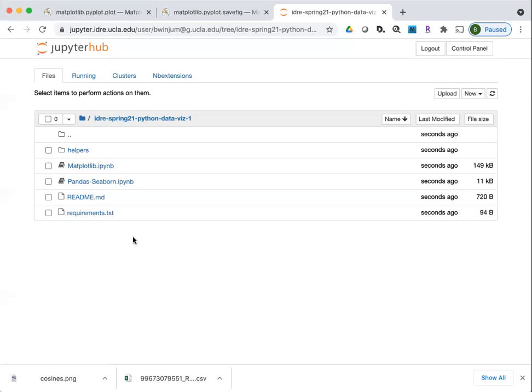So in order to interact with the notebooks, all that you have to do, so in response to the chat question, if you're not affiliated with UCLA, on the GitHub page, there's a button called Launch Binder. If you click on the button to launch Binder, that will launch you into something that looks very similar to this. And you interact with it in the same way that I'm showing here. That Launch Binder link might take a minute or so to spin up, but that'll be the same environment.